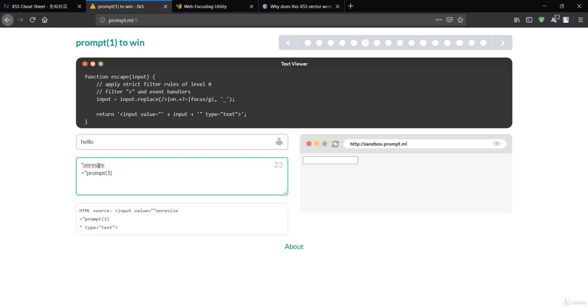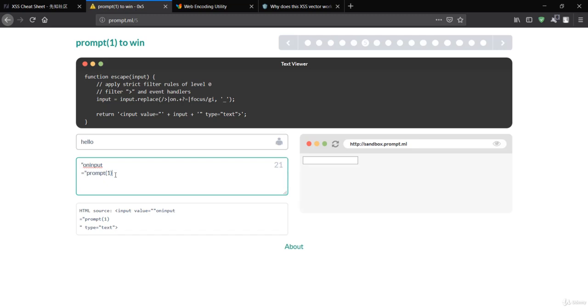Okay, let me see onresize, and okay, I'll just say oninput, and let's see oninput. It must work, but it is not working.